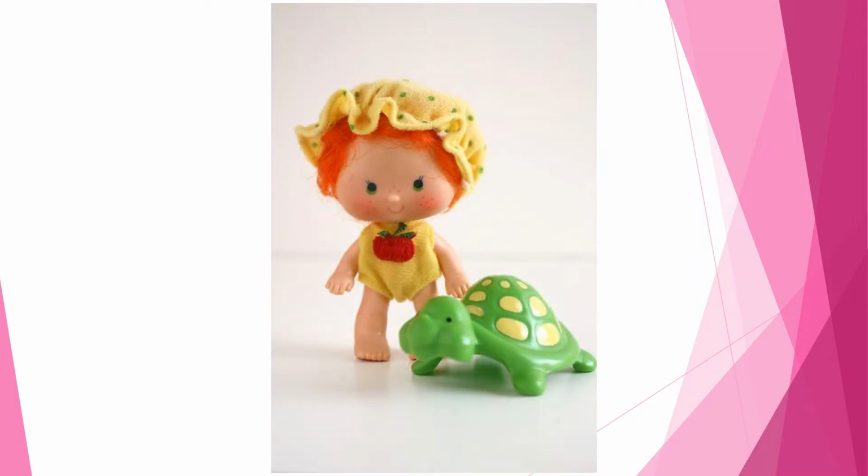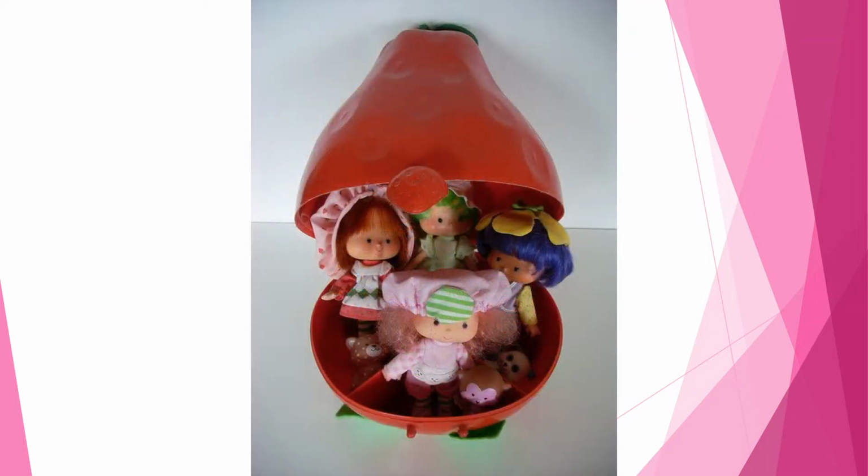And finally, Apple Dumpling with Tea Time Turtle. Apple Dumpling smelled like apples and featured a yellow, green, and red color scheme. Her turtle would be molded from hard plastic originally, but later versions would be made of soft rubber with a different mold. The second paragraph describes the Strawberry Shortcake carry case, and it reads, "This big strawberry will carry any